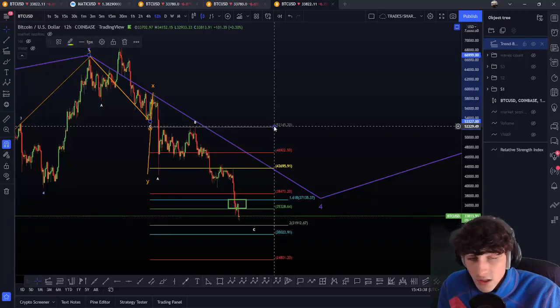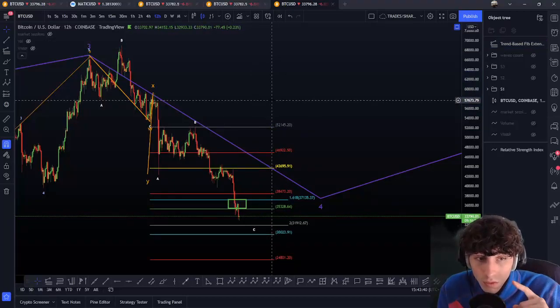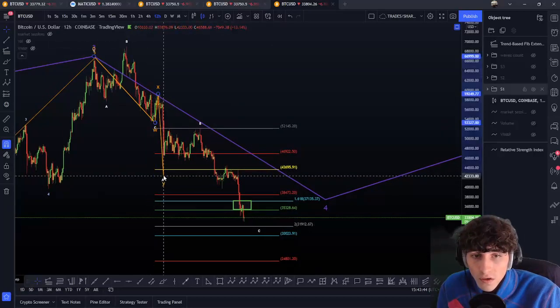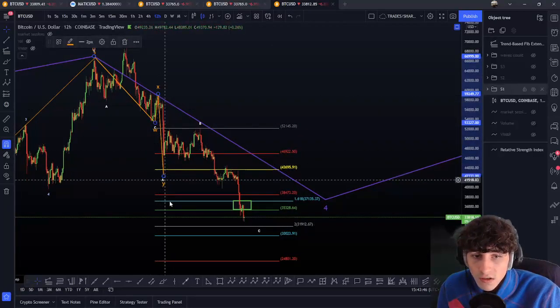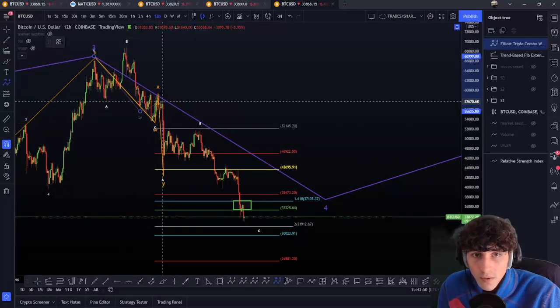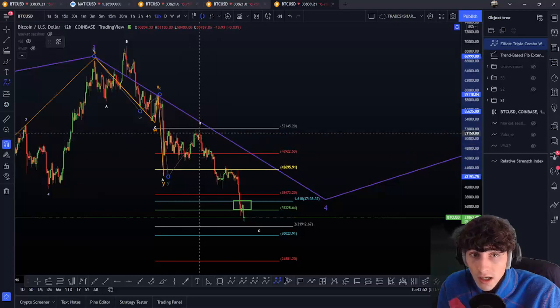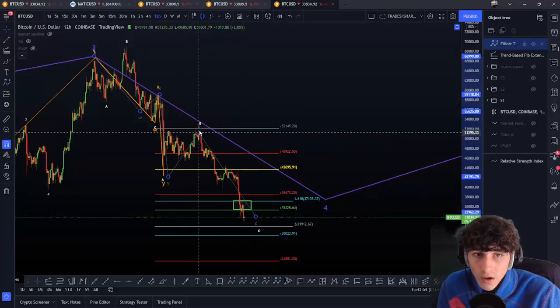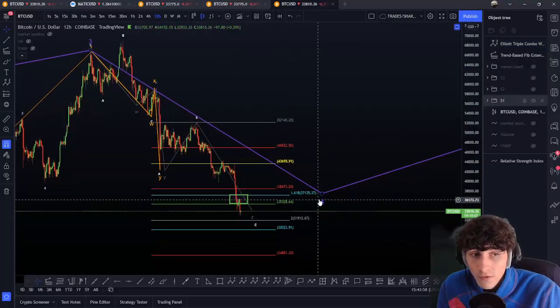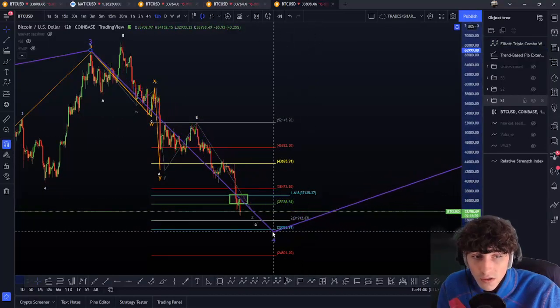So here, WXYXZ is possible, so that's good, okay? In that case, the Y will be done here, and we have done an ABC inside. So I'm going to draw you the WXY. It will be a W, okay? An X, a Y, an X, and a Z right now. So in that case, the target changes, okay? And the wave 4 is still valid, okay? So here,